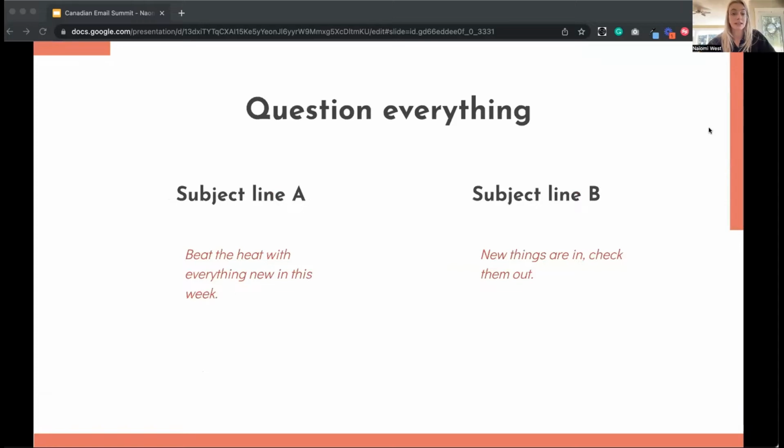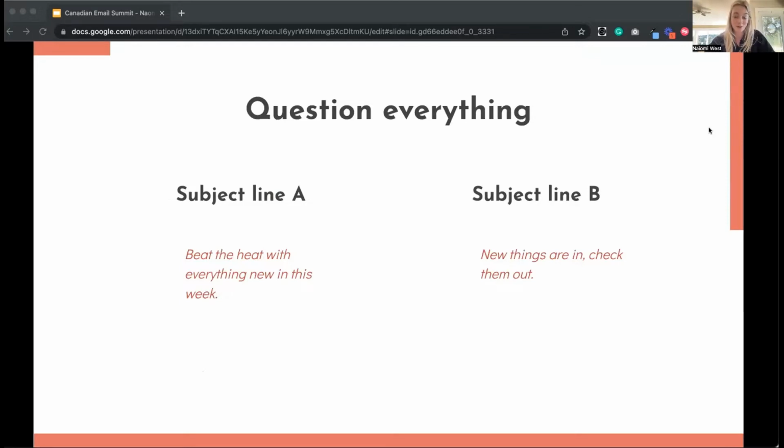I think when you're thinking of coming up with A/B tests or looking at case studies that often tout great A/B tests, you need to question everything. I think that some A/B tests are not worthwhile. Can you really make a blanket inference about subscriber preferences from a one-off test like a subject line test?